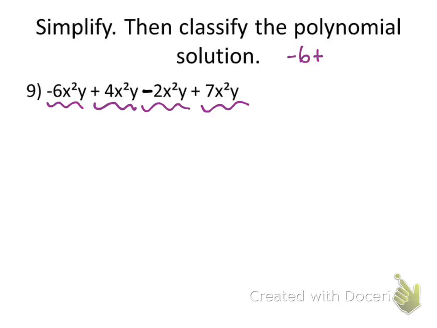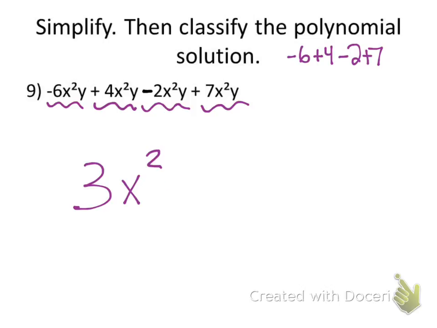So negative 6 plus 4 minus 2 plus 7. What is negative 6 plus 4? That's negative 2. And what's negative 2 minus 2? Negative 4. And what's negative 4 plus 7? Positive 3. So this whole thing is going to become 3